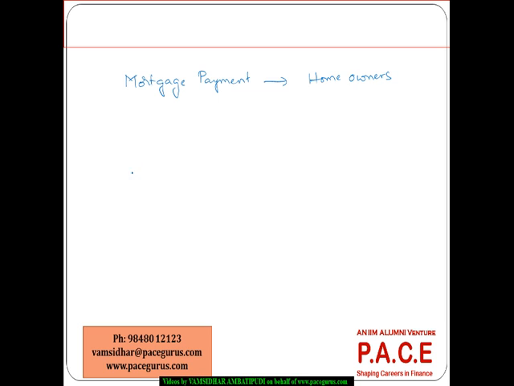Whereas in case of commercial mortgage, this kind of mortgage payment is done by the real estate people, because they are the ones who are building these ventures, and they are in turn giving them for various hotels, schools, any such kind of income generating location, income generating activities, right? So that's one key difference which we see.